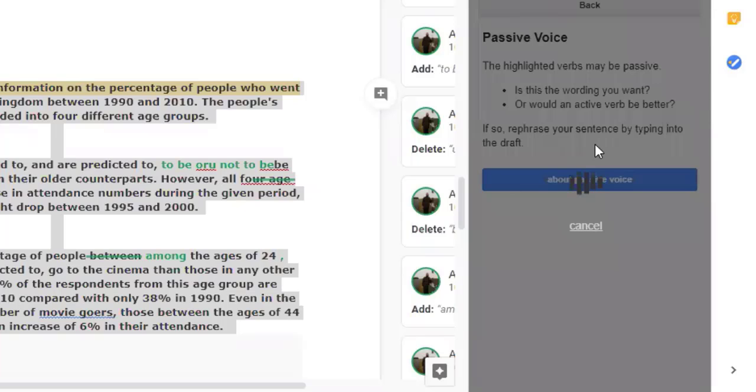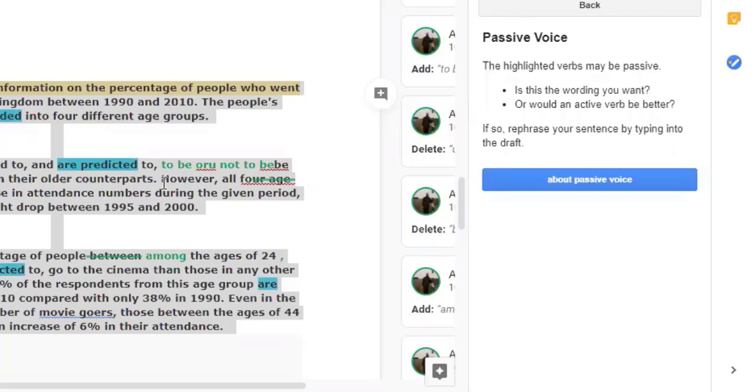Anyway, it shows you statistics. Look, it highlighted the passive voice, and it has lots of features. I don't have time to explain it. There is only 1 minute, so